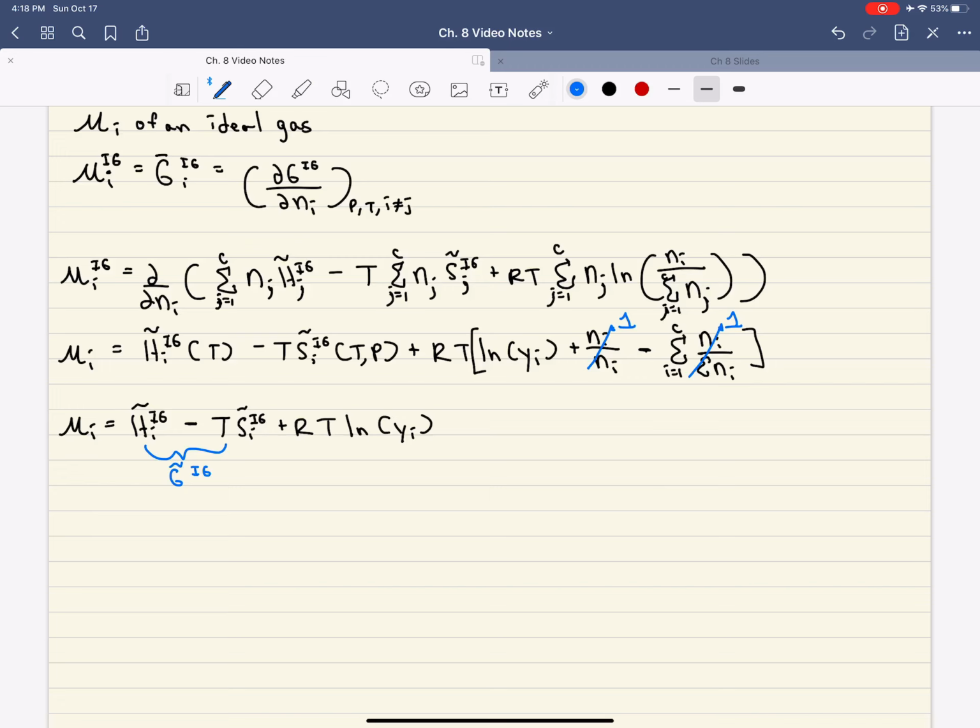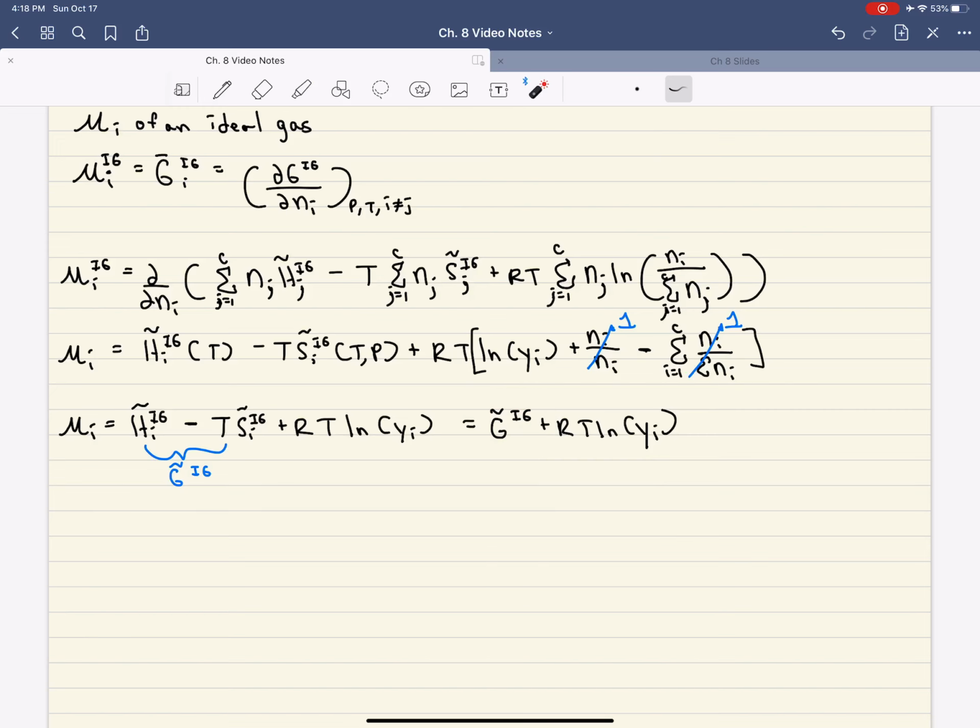So we could combine those terms. So we have the Gibbs energy of the ideal gas plus RT ln of y_i is equal to our chemical potential. Right? Okay, so we gained some insight,